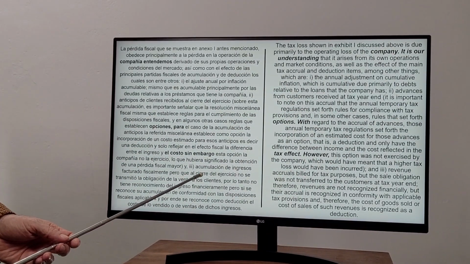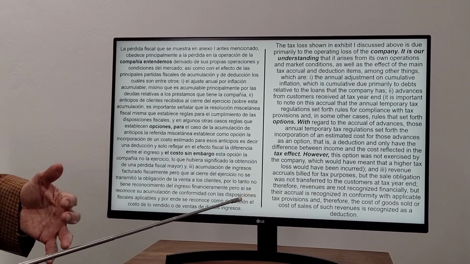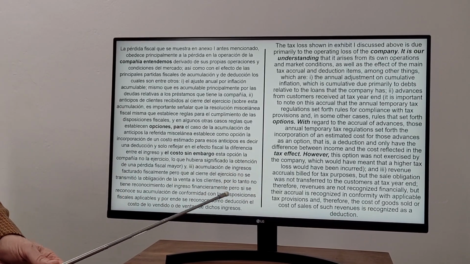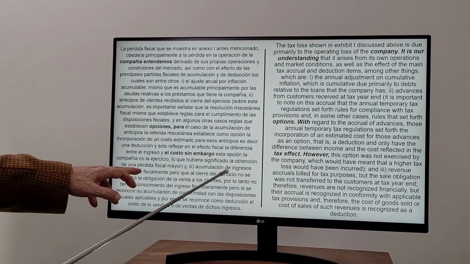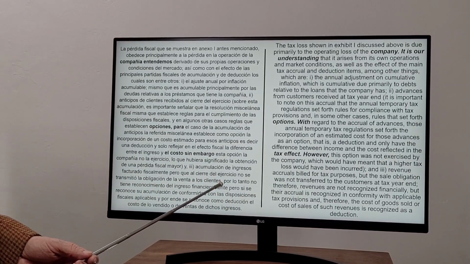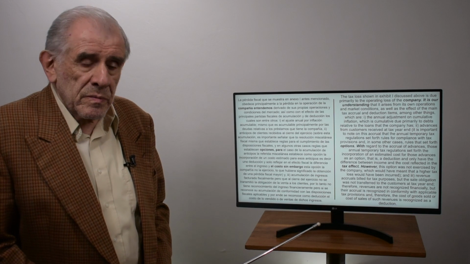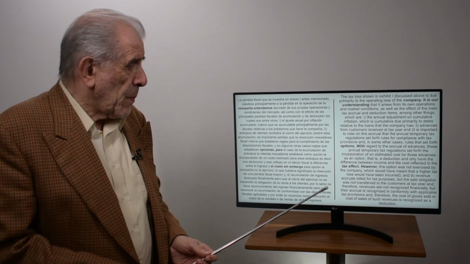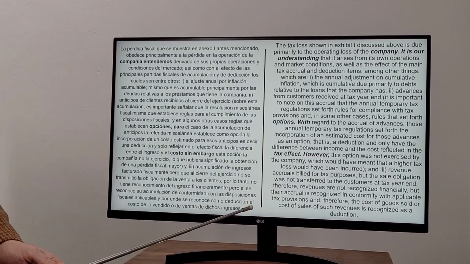Now, let's really move on. We have acumulación de ingresos facturado fiscalmente. That is just a phrase by itself. It doesn't really have any specific purpose. You'll notice, as we mentioned, punctuation here. If we look at the rest of it, all the way down to the end, you'll notice that we only have one comma right here. There is no more punctuation, and that is not good. So we will go filling in the necessary punctuation in the translation process. And we continue. Revenue accruals billed for tax purposes.